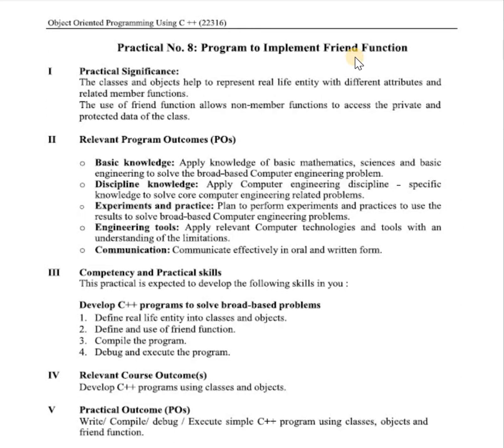Okay, the friend function is defined outside of the class, that means outside of the class scope, but it has the rights to access all private and protected data members of a class.